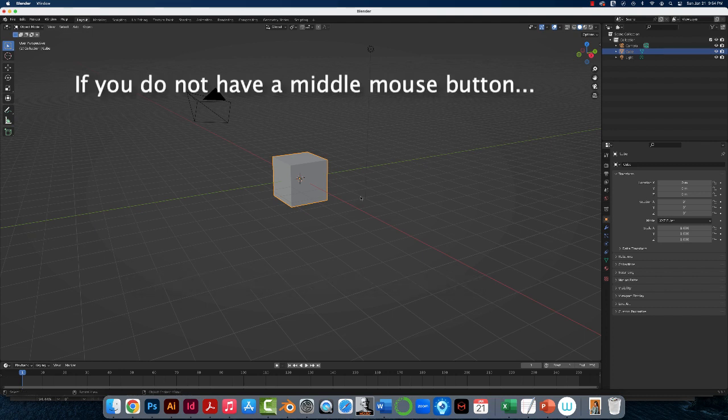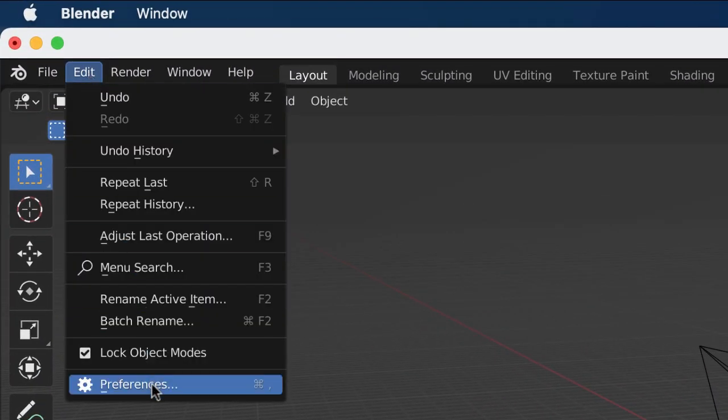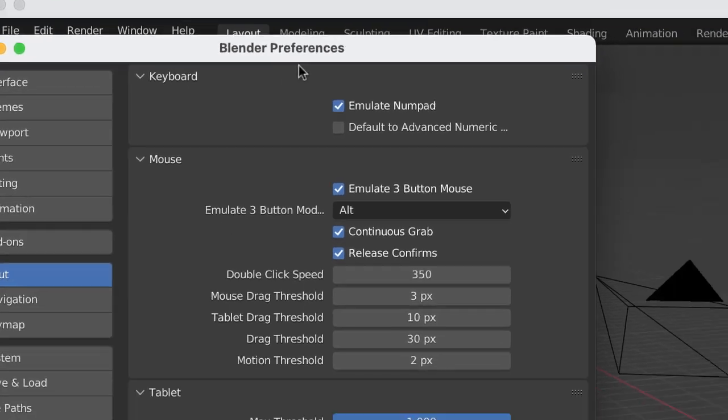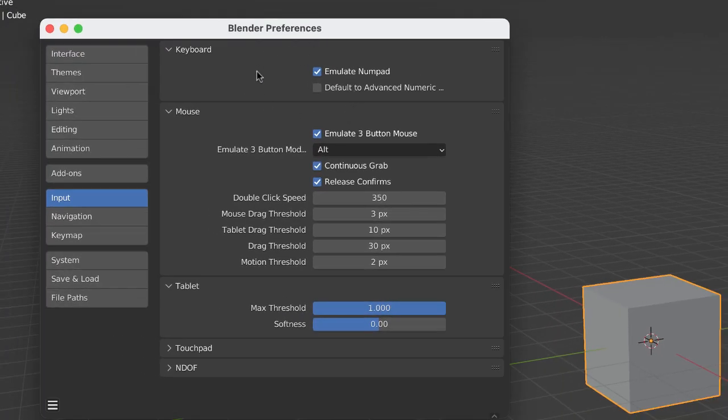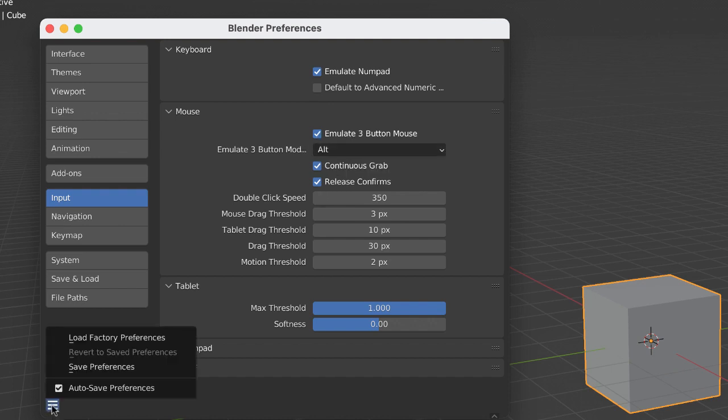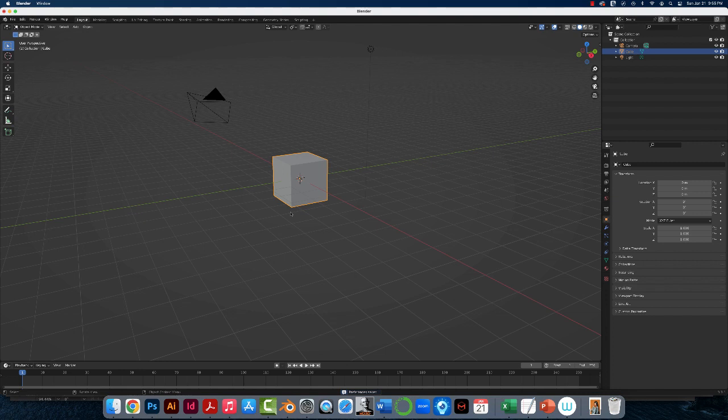Okay, so suppose you don't have a middle mouse button. No worries. For those of you who do not have a middle mouse button, click on Edit, Preferences. Don't worry about numpad right now, we'll deal with that later. Enable Emulate 3-Button Mouse. If you do not have a 3-button mouse, click this. Save preferences and close that. Now with Emulate 3-Button Mouse enabled,